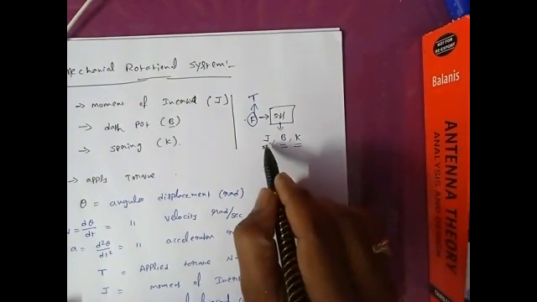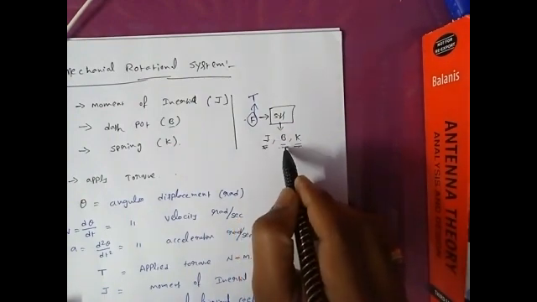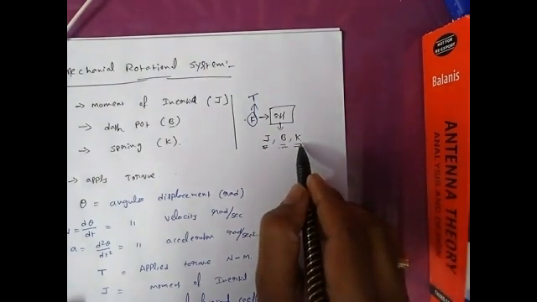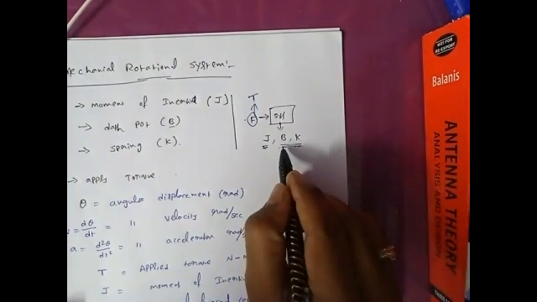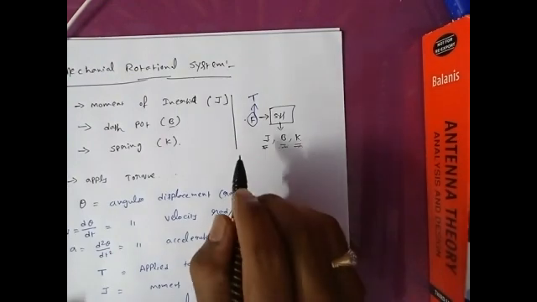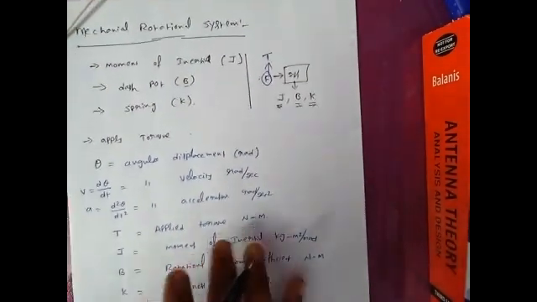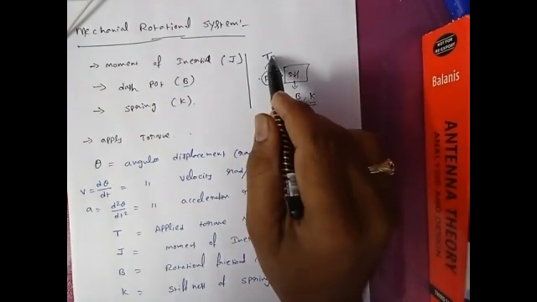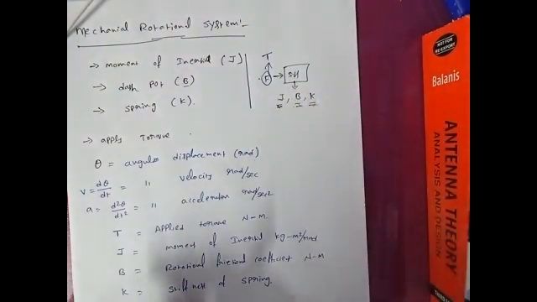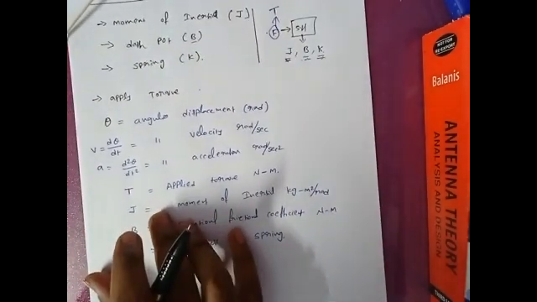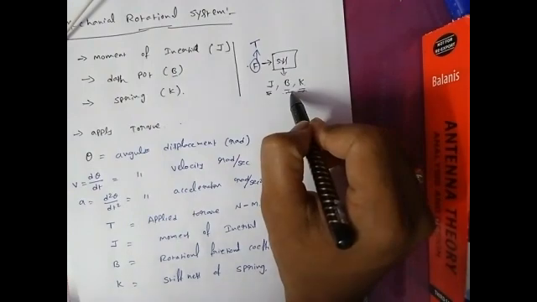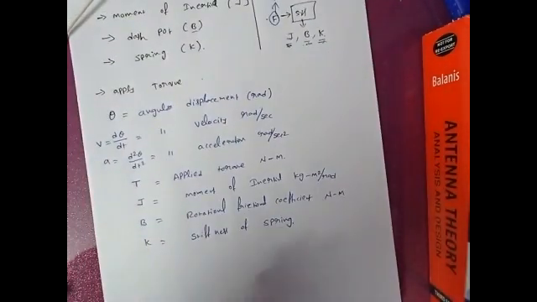What are those three? Moment of inertia of mass, frictional coefficient of the dashpot, and elasticity property of the spring. That's based upon Newton's second law. Always the applied force equals the opposing forces, as per Newton's second law of motion. So to estimate the mathematical equation of the opposing forces, we'll see each and every one.